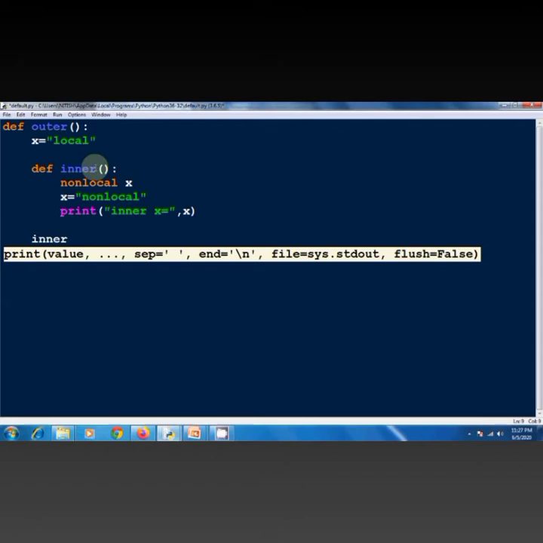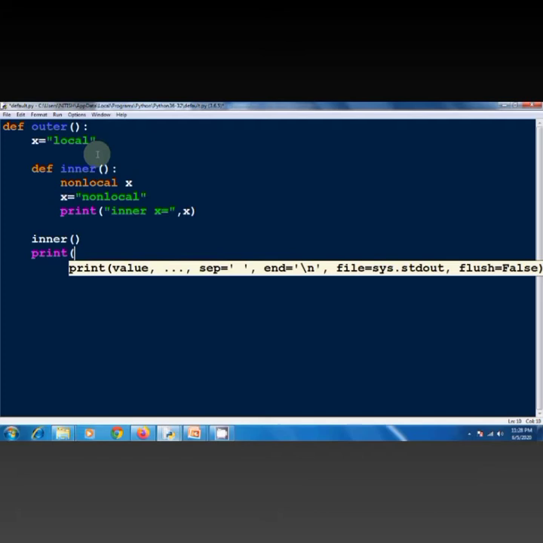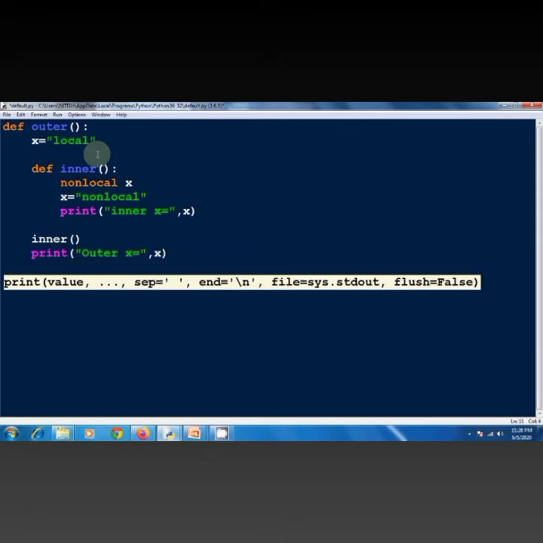Then after that, outer x is equal to x, and at last I am calling the outer function.